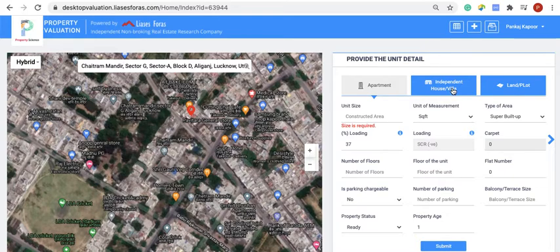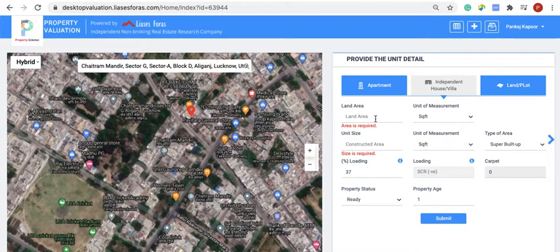After you reach yes, go and select the options. Instead of apartment, since it's an independent house and a villa, select the independent house. Give the land area and the constructed area. So land area is 1200 square feet, constructed area is also 1200 square feet. The measurement of the area is carpet, and then the super built up is calculated based on prevailing loading, but the property was built in 1980, so you have to put 20 years as the age.